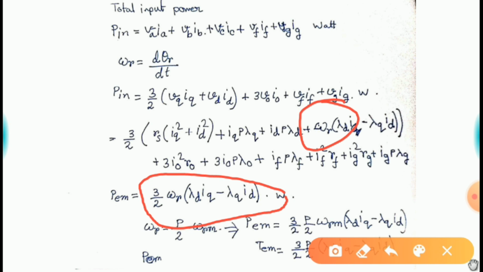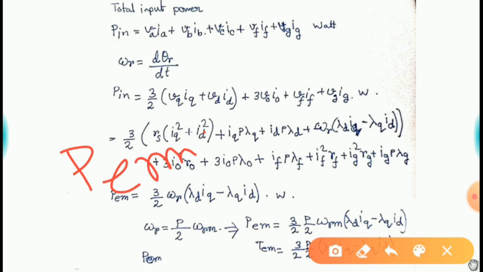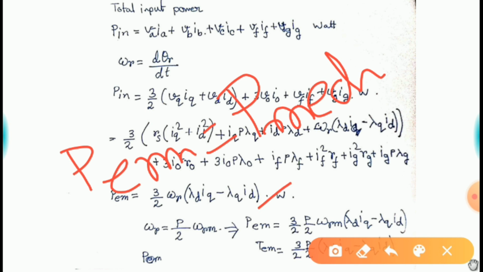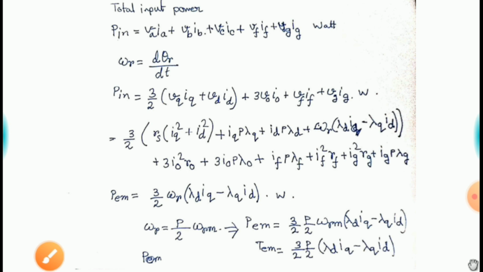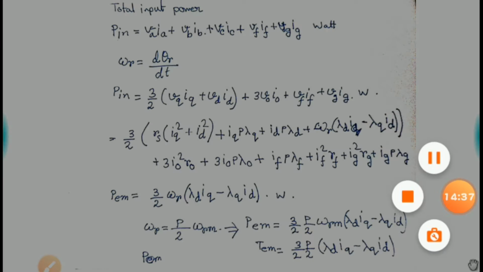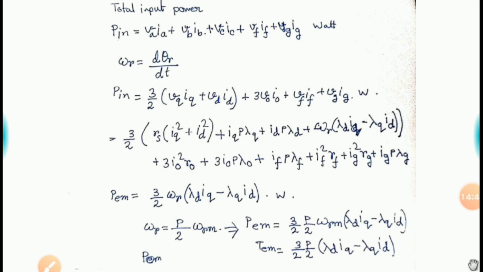Rest of the things whatever we are having here, we cannot consider them for our power output. See, obviously try to understand this. We are considering this PEM. This PEM is basically our output plus P loss, meaning the mechanical loss that takes place in the motor shaft, right? So here you can see that this PEM is 3 by 2 omega r,